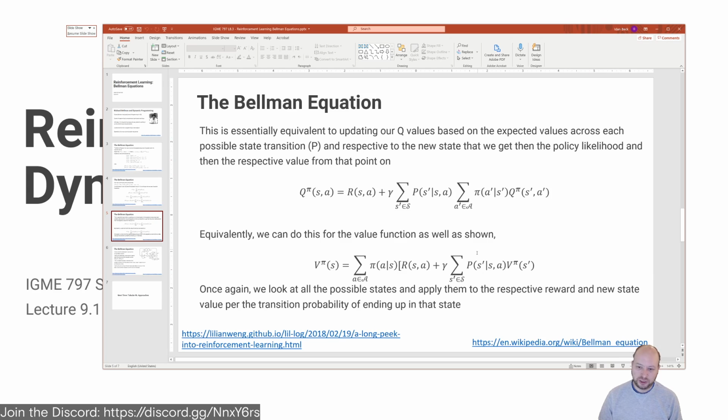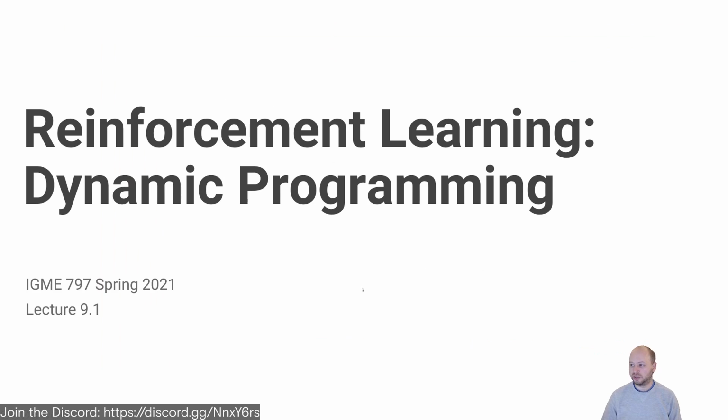And when you have uncertainty, such as a stochastic process or a stochastic world model, right? I mean to go left and I end up going right. What we're doing is taking the expected value of our things. So to formalize this, let's talk about this in the context of dynamic programming approaches from reinforcement learning. For this week, we're going to have a number of different shorter lectures that cover different